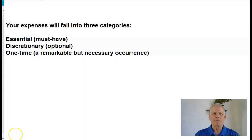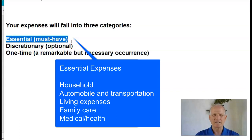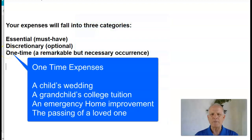Your expenses will dictate how much money you need to save for retirement. So you've got to get that number down first before you're going to know how much money you need to save. Basically, 3 different categories of expenses here. One is essential, that you have rent, food, utilities, etc. Discretionary expenses, and then one-time expenses. Maybe you have a house, you're going to have to paint it, or you're going to have to repair the